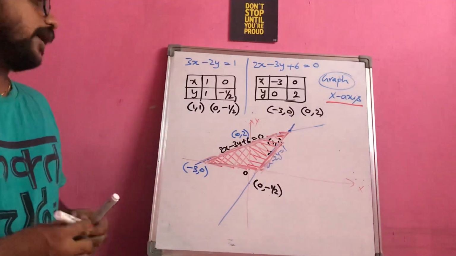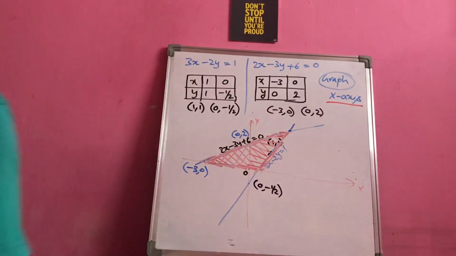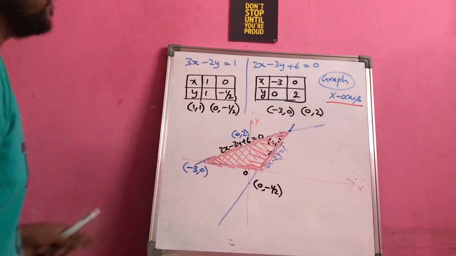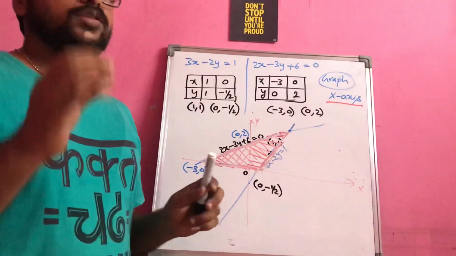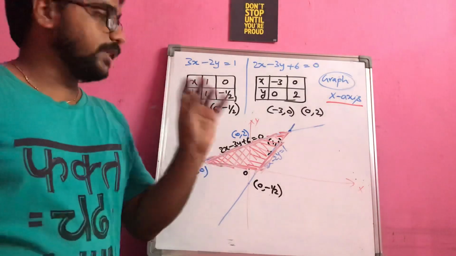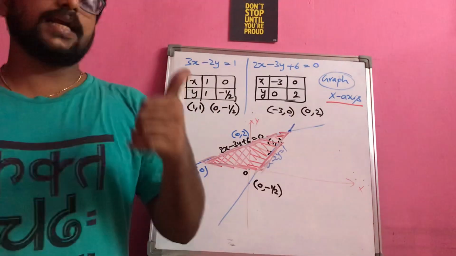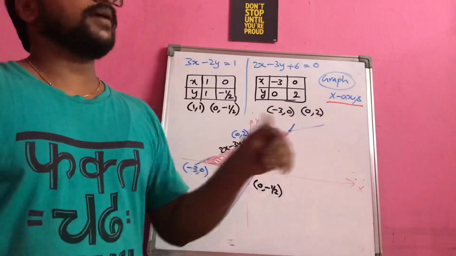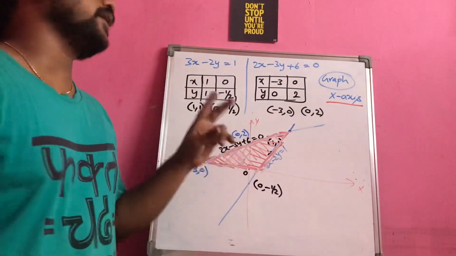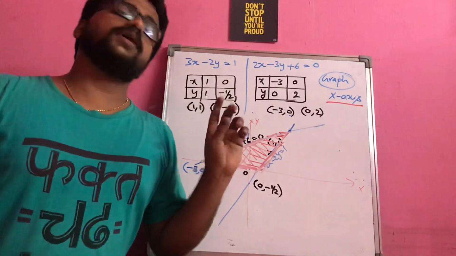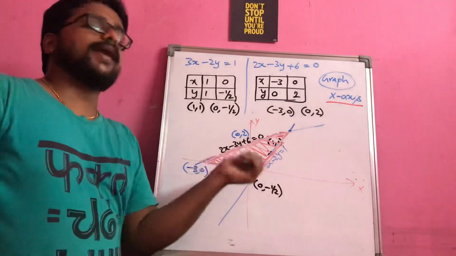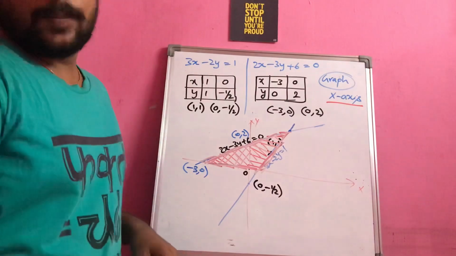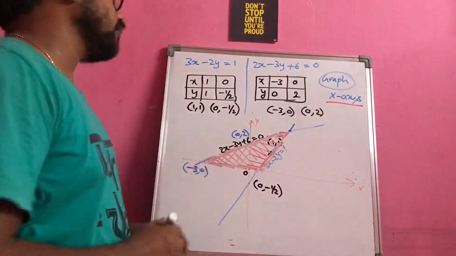So the point you have to understand is, you should be very clear in identifying what the region actually is that you are going to get. You just have to think of whether the lines are intersecting or not. If they are intersecting, another point is whether they are asking with respect to the x-axis or the y-axis. After getting that, you should be clear in identifying the portion correctly. Please learn this concept clearly.